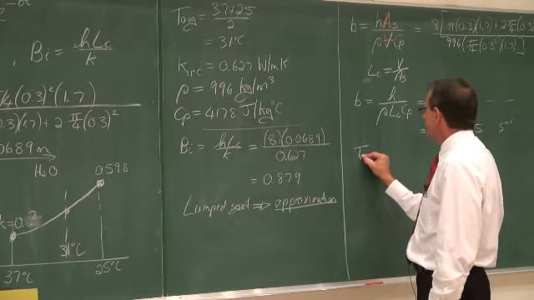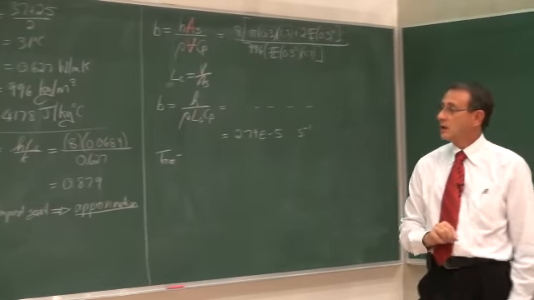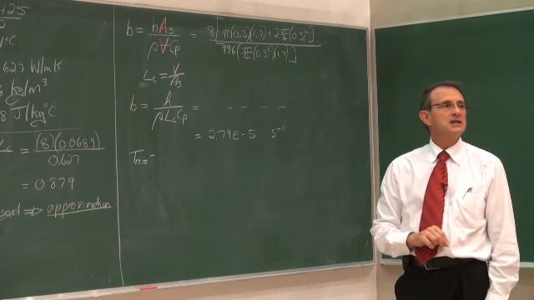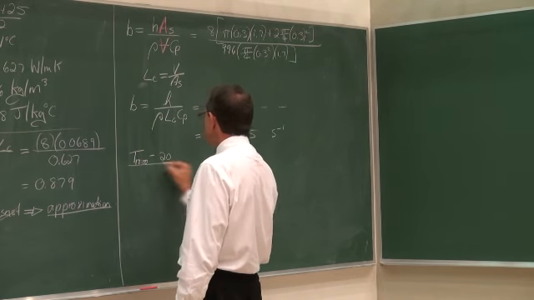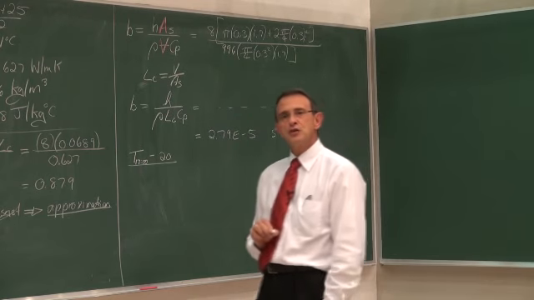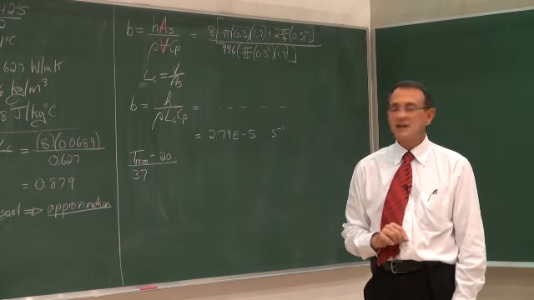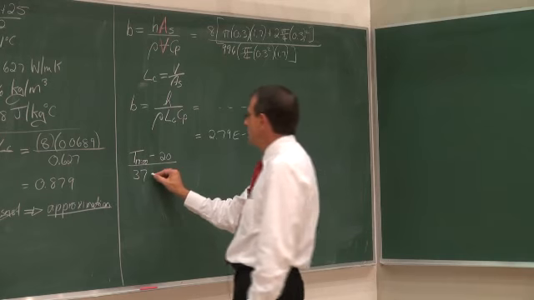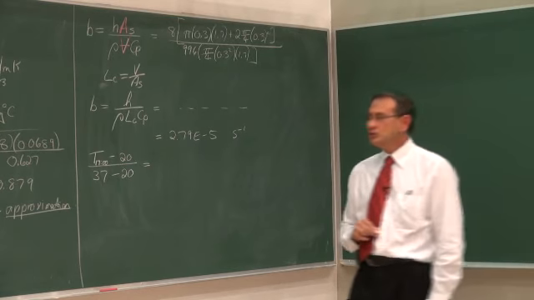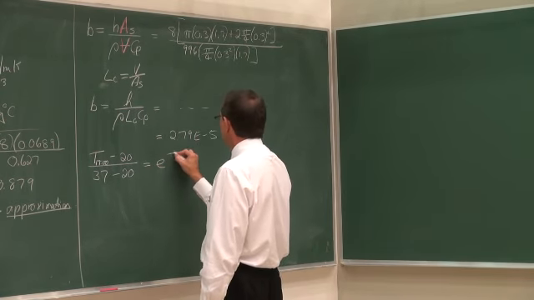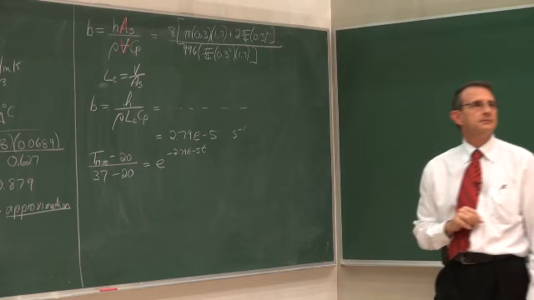We are interested in the temperature at 1700 hours: T minus T infinite, where T infinite is the temperature of the room, which is equal to 20 degrees Celsius, divided by the initial temperature of the body, 37 degrees Celsius, minus again the room temperature, which is equal to 20, is equal to e to the minus 2.79 e to the minus 5 multiplied by t,